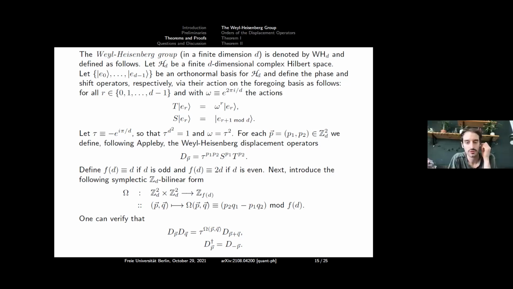Yeah, because you could redefine T and S respectively with a global phase factor, and then you obtain a different tau. And the character will change because of the phase. Yeah, that's actually totally beautiful. I just don't know if the answer to your question is D or 2D, because there might be some funny business again in even dimensions.